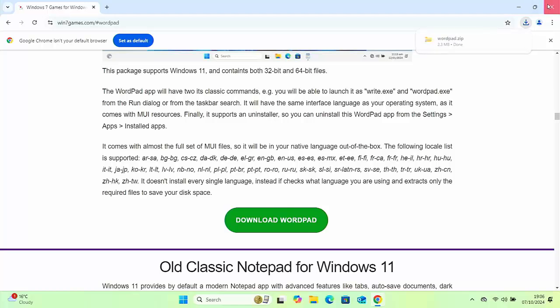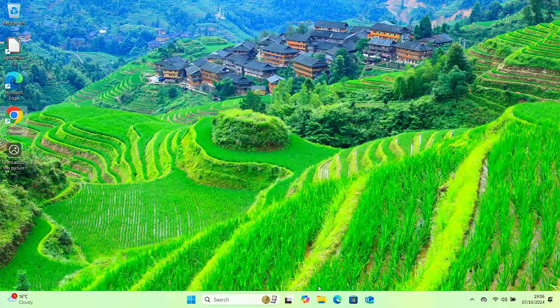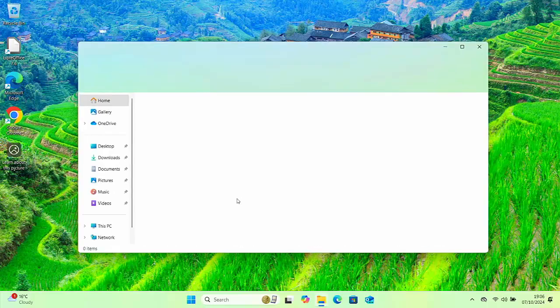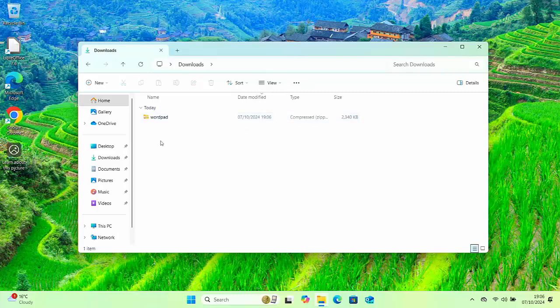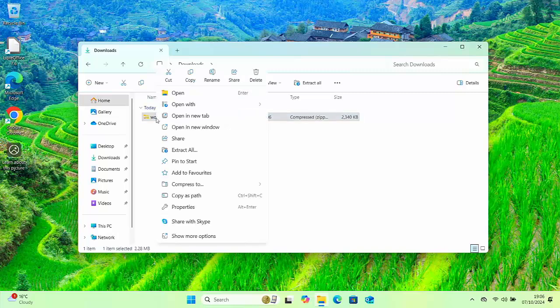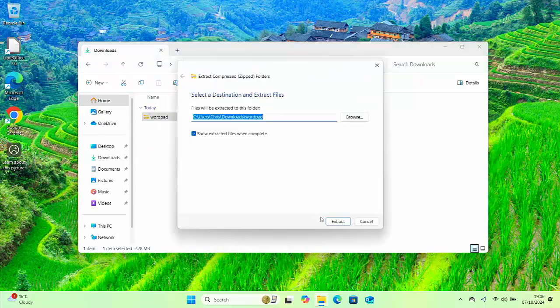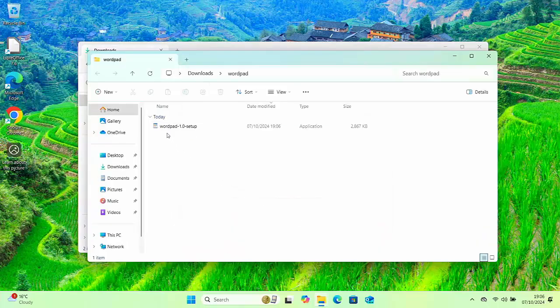So let's just close down the browser and go to any yellow folder and then find downloads. So there you go, there's downloads on the left there or downloads up the top there. Doesn't matter, just click on either one and then you should see Wordpad. Now click on the right mouse button, that's the button on the right hand side of the mouse, not the left, and then left click extract all. Then click extract just at the bottom of this window here, and then you want to double click on Wordpad